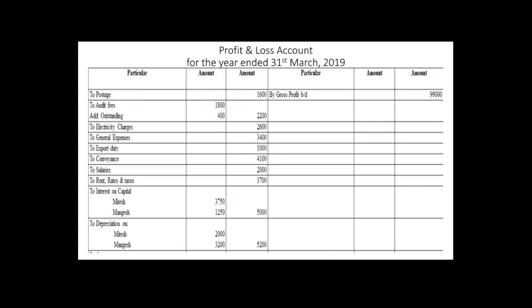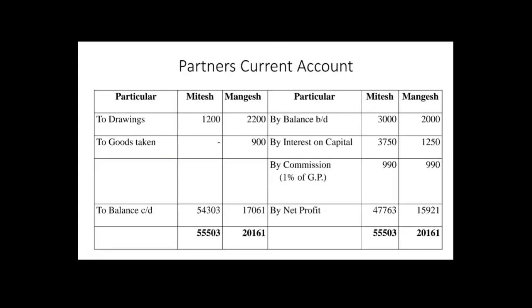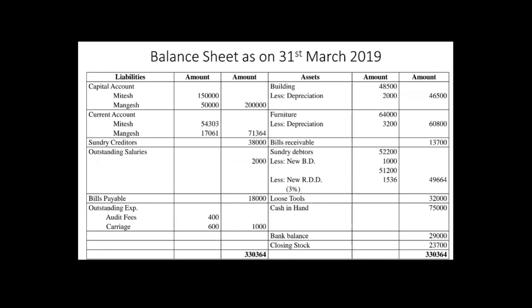The next one is loose tools. So loose tools is an asset which we record in balance sheet ke asset side mein. So if you will see over here, loose tool is there. Okay, and there is no adjustment on loose tools. That's why the amount is directly recorded in the second column of the balance sheet. Okay, तो loose tool के second column में of the balance sheet you will see this amount of loose tool because there is no adjustment on loose tools.